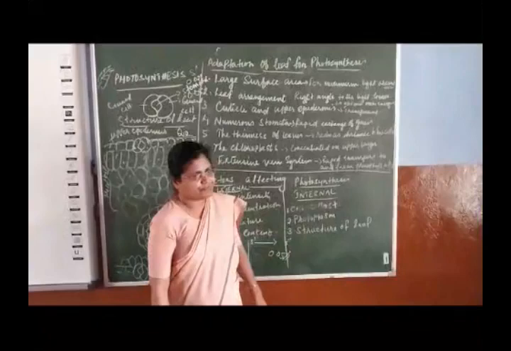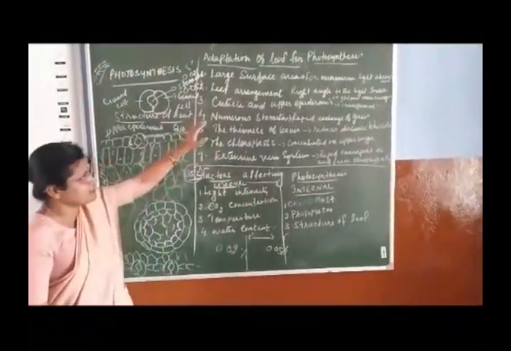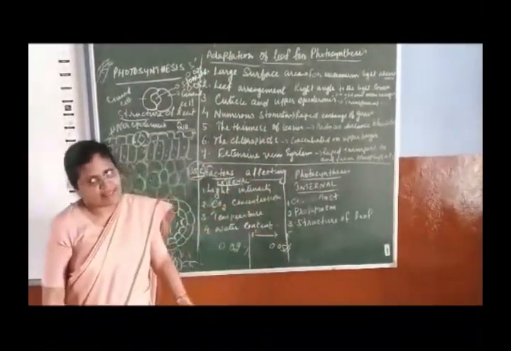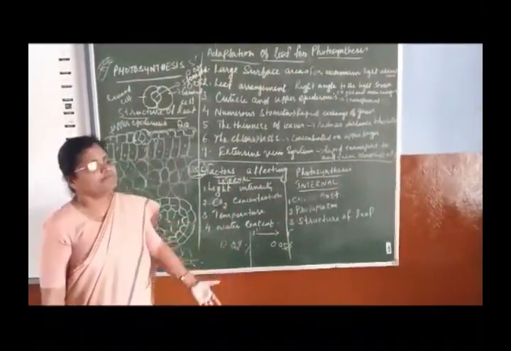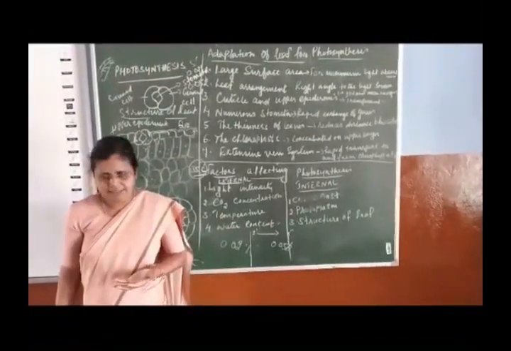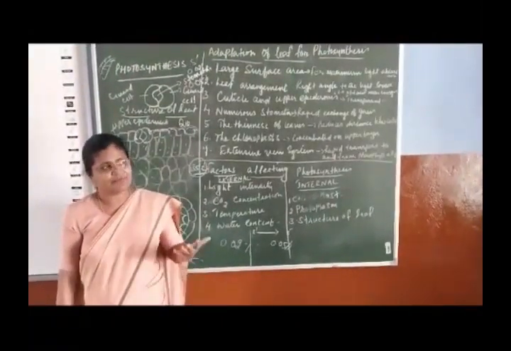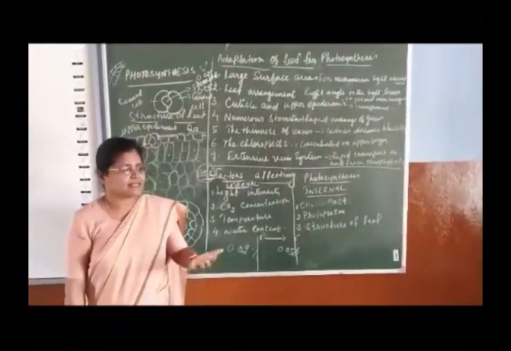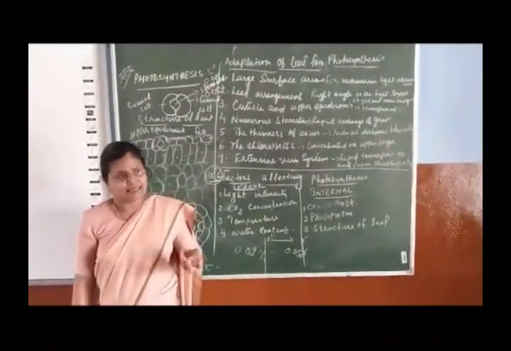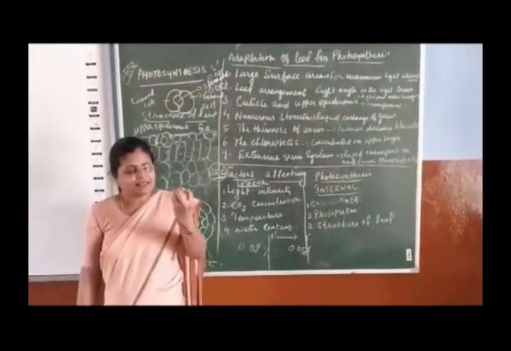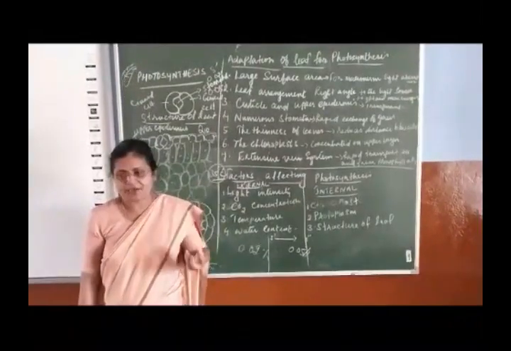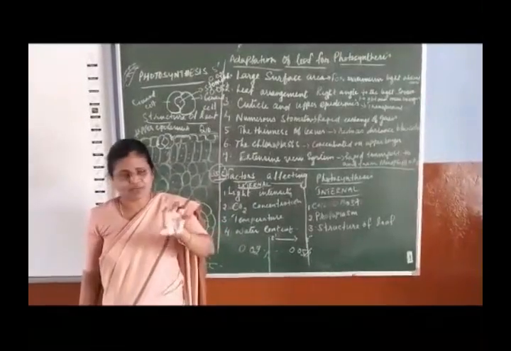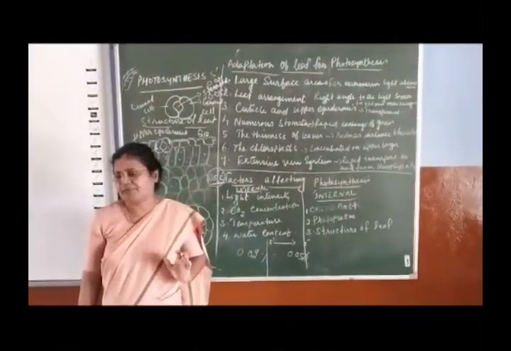So the structure of leaf, I have already told you about the adaptation. Now if all these adaptations are proper in the leaf, it enhances the rate of photosynthesis, and if the leaf structure is not proper, it decreases the rate of photosynthesis. For example, the pine tree in the hills, as well as the cactus and other plants with a reduced leaf in the deserts. They have the narrow leaf in the hills due to lack of availability of water. So the leaf is narrow, and automatically the photosynthesis rate is in proportion to the size of the leaf.